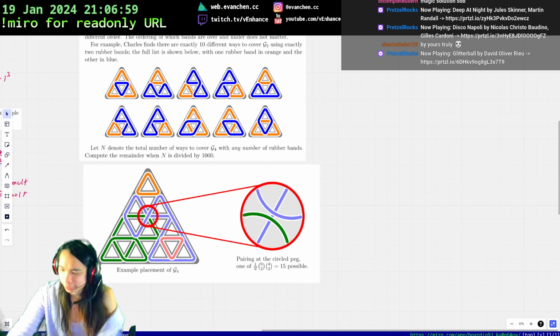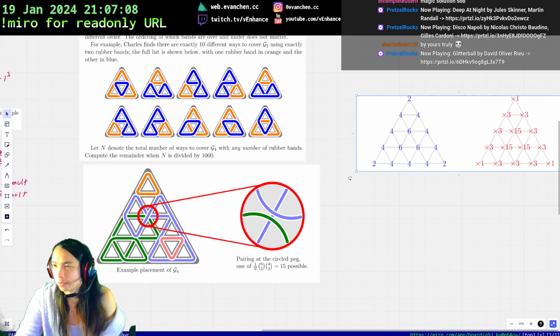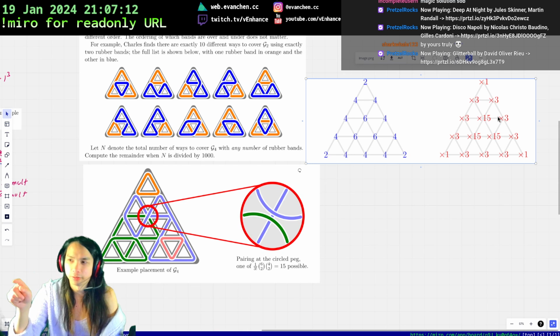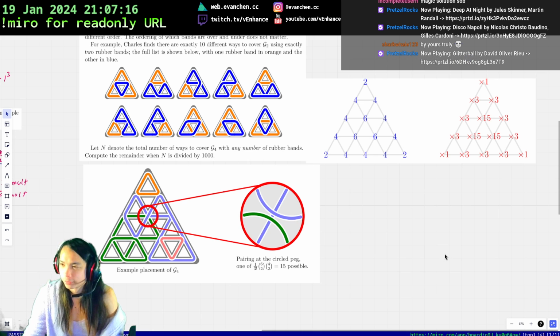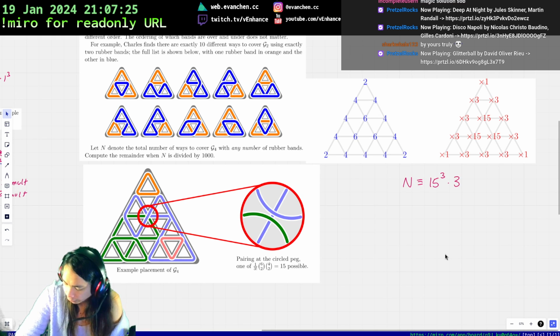So you look at each peg and you ask how many things are sticking out of it and how many ways there are to configure it. And you get this picture. The blue number is how many edges are sticking out of it. The red number is how many ways there are to match them. So you take everything in the red picture and multiply it together, and it gives you n is 15 cubed times 3 to the 9th,